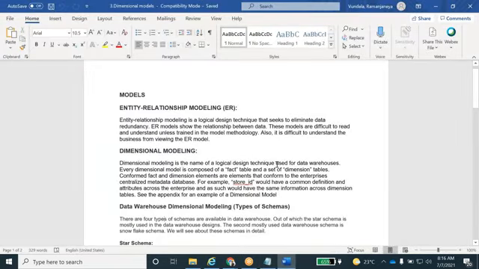Dimensional modeling is the name of the logical design technique used for data warehousing. Every dimension model is composed of a fact table and a set of dimension tables. Okay, you know what a dimension is and what a fact table is. So these dimension models are built based on the fact table and dimension tables.